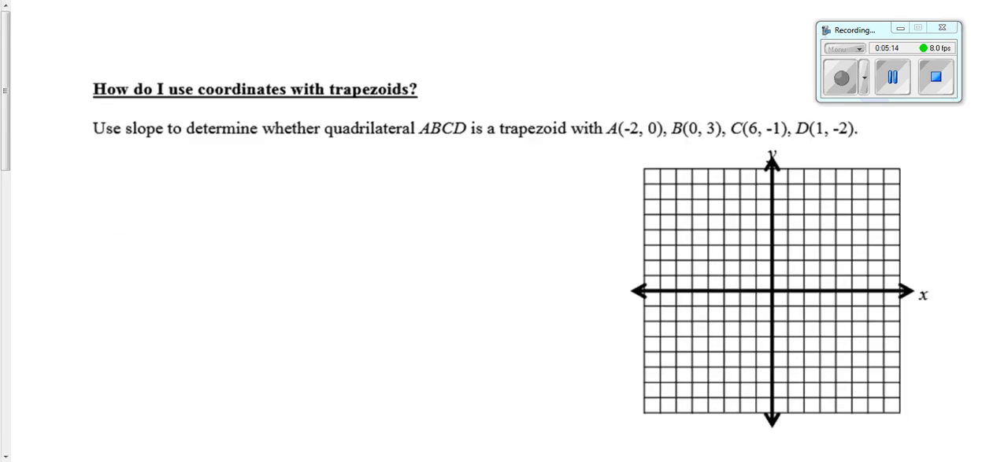Turn the page. So let's talk about trapezoids in the coordinate plane. We're just going to do two examples together. One of them asking, is it a trapezoid? The other one asking, is it an isosceles? So the first one says, use slope to determine whether the quadrilateral is a trapezoid. So let's think back to a trapezoid. What is the one property of a